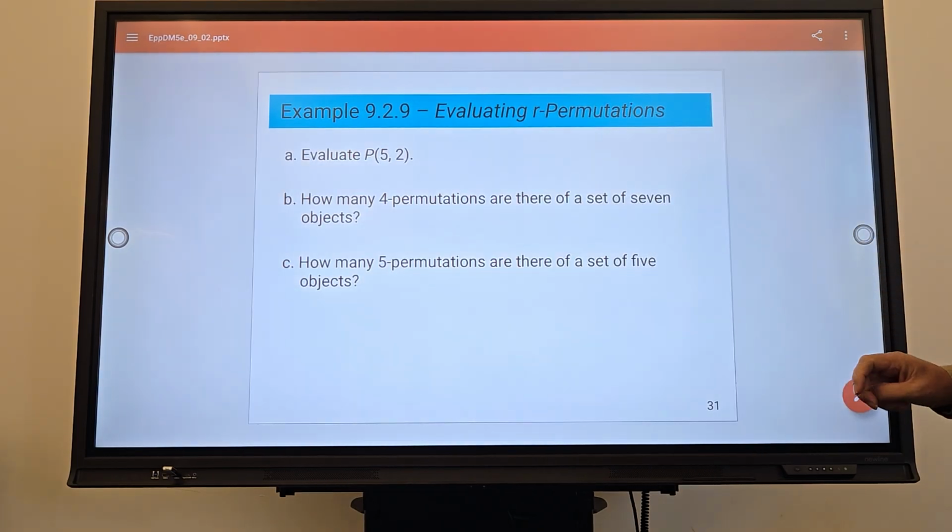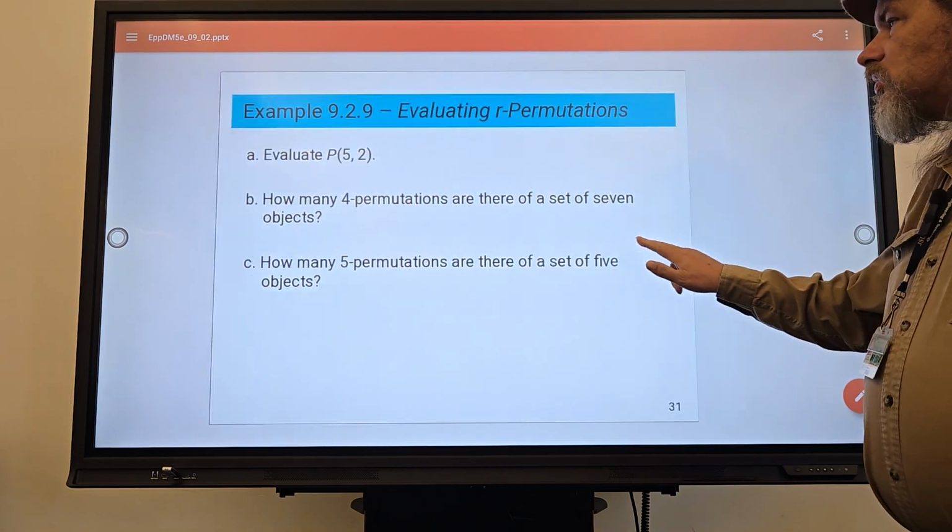So, evaluate P of 5, 2. How many 4-permutations are there of a set of 7 objects? How many 5-permutations are there of a set of 5 objects? Well, P(5, 2),